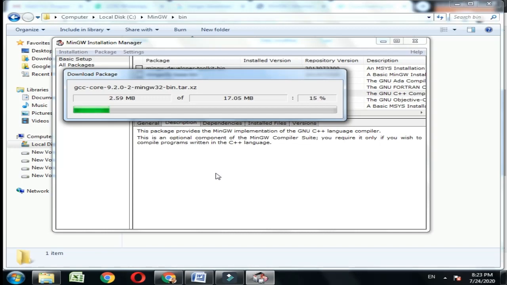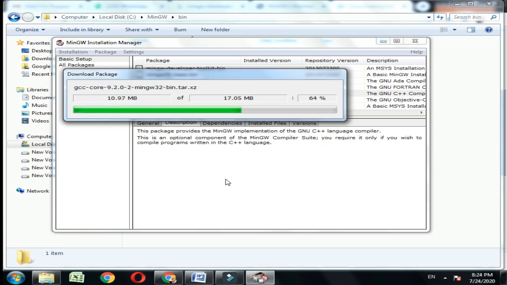This package provides the MinGW implementation of the GNU C++ language compiler. This is an optional component of the MinGW compiler suite. You require it only if you wish to compile programs written in the C++ language. It will take time.